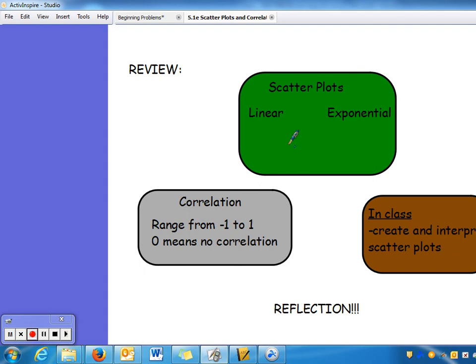Alright, so to review, there are two types of scatter plots. We have linear scatter plots, which make a line. We have exponential scatter plots, which make the exponential curve. The correlation ranges from -1 to 1. 0 means there's absolutely no correlation. We'll be looking at different R values and finding R values for scatter plots. So notice in class we're going to learn how to create and interpret scatter plots. I just want you to become familiar with the vocab